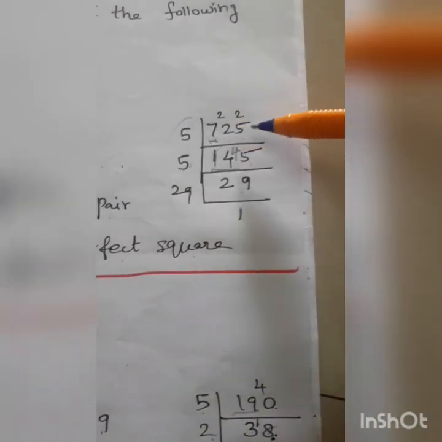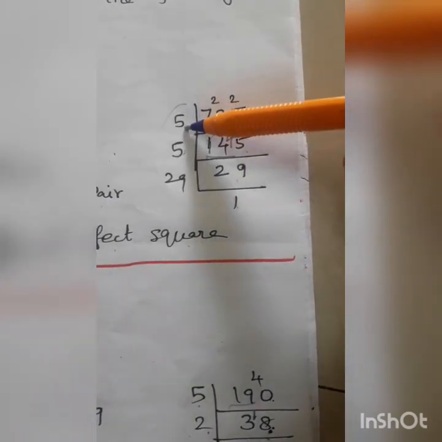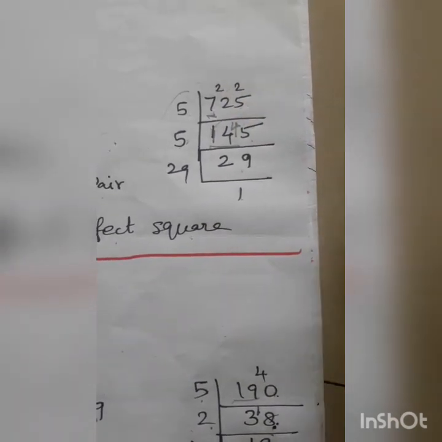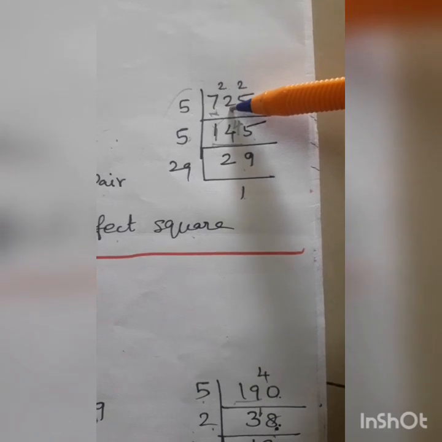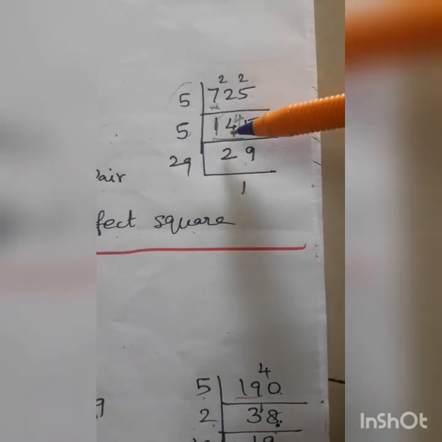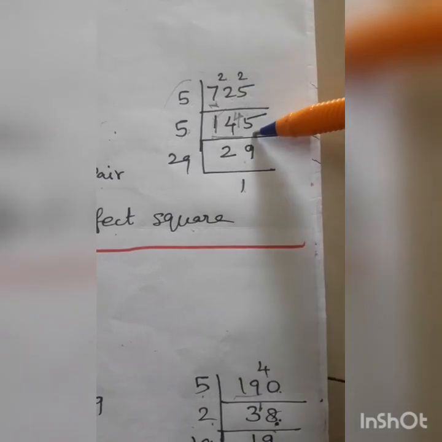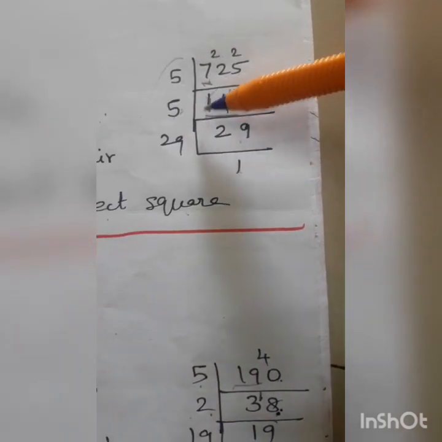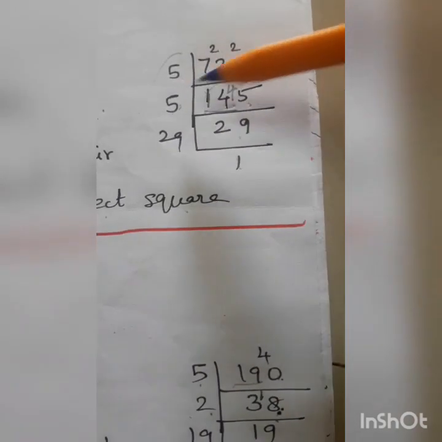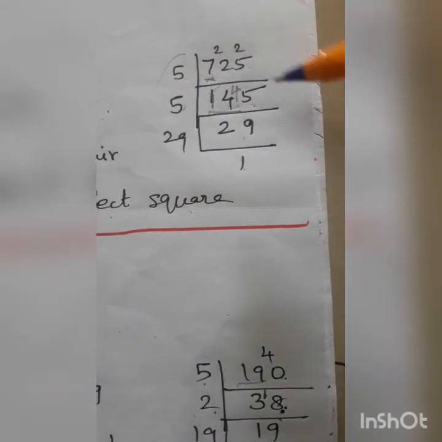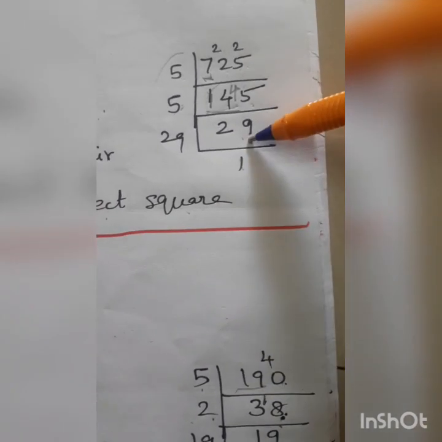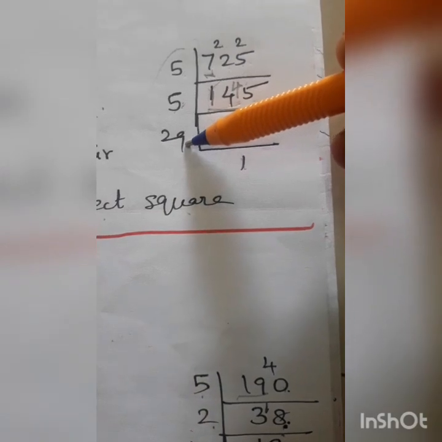725. Solution. So LCM method, divide the number. Fifth table, 5, because the one's place is 5, you select only the fifth table. 7, how many 5s are there? 1 5 is 5, 6 7, remaining 2, write 2 and 2 is 22. Now 22, how many 5s? 4 5s are 20, remaining 2, and 5 5s are 25. Again you start in the fifth table. 1 is not possible, you select 14. So 2 5s are 10, 11, 12, 13, 14, remaining 4, write 4 and 5 is 45, 9 5s are 45.